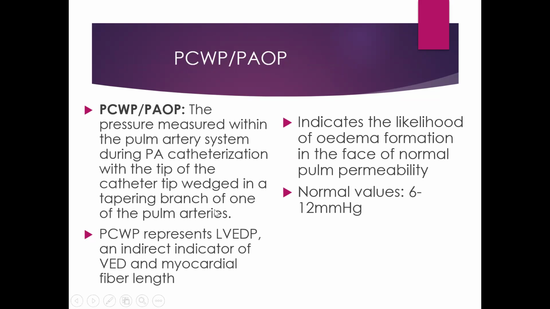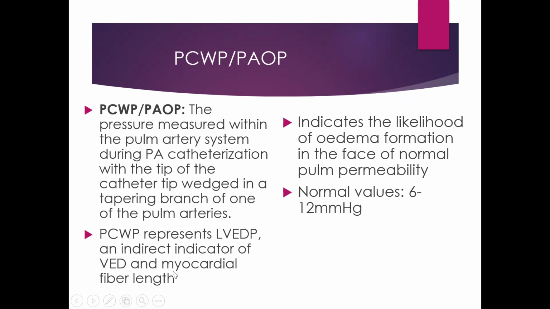All right, I mentioned this before, it helps you. The pulmonary capillary wedge pressure, pulmonary artery occlusion pressure, indicates the likelihood of edema forming in the face of normal pulmonary permeability. Right, it represents your left ventricular end diastolic pressure, which is an indirect indicator of ventricular end diastolic volume. And if you remember the Fick principle,